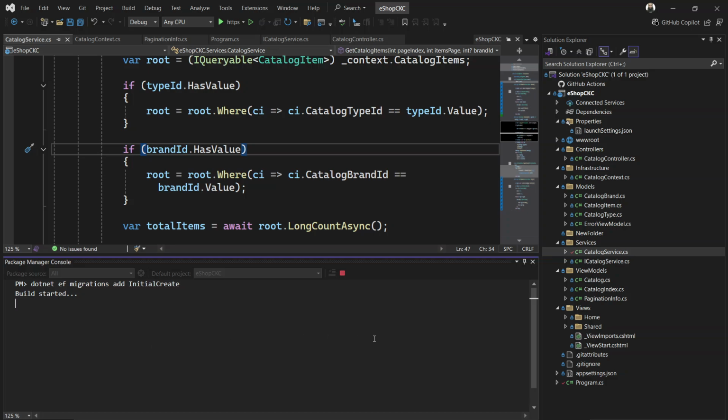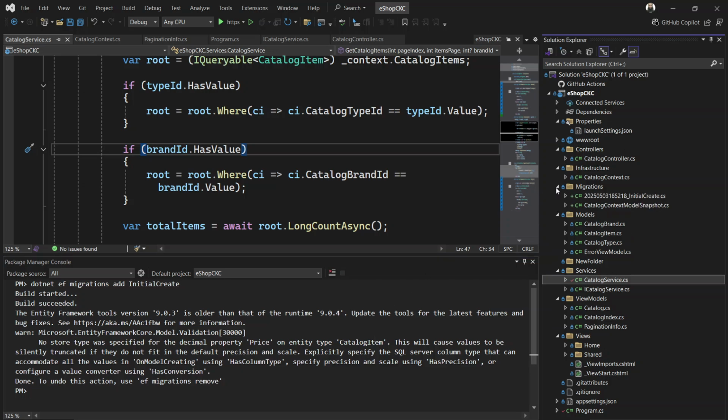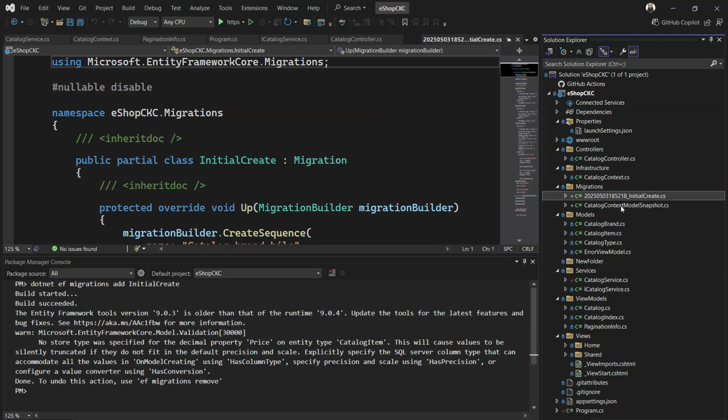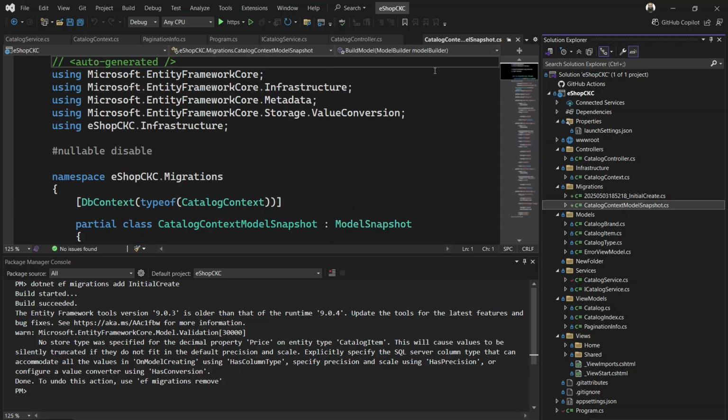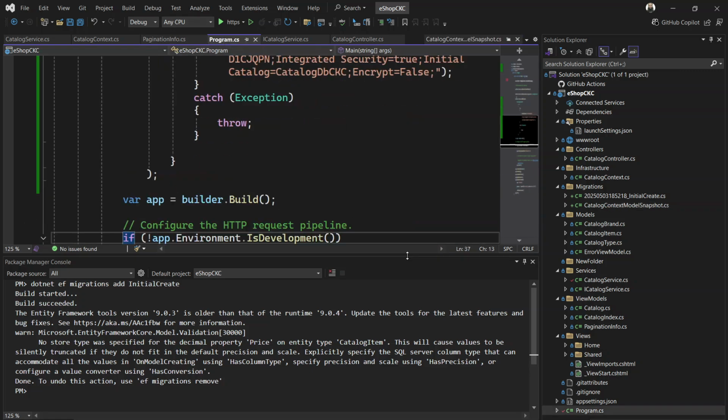and you will see a folder being created with the name Migrations. I'll be quickly showing you what those files are. So you can see over here, migration files have been created, InitialCreate, and a CatalogContextModelSnapshot. So this is the baseline thing. So let's proceed further